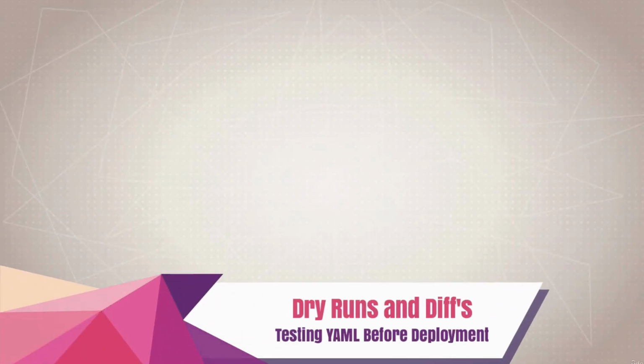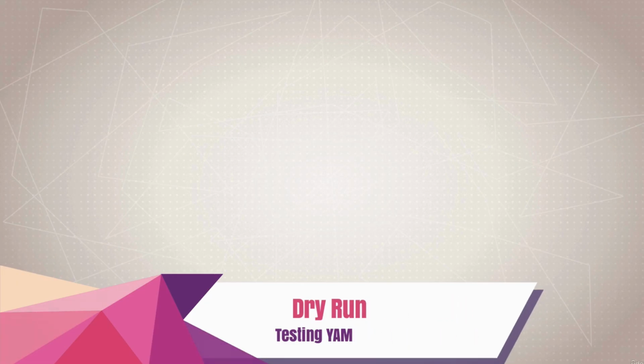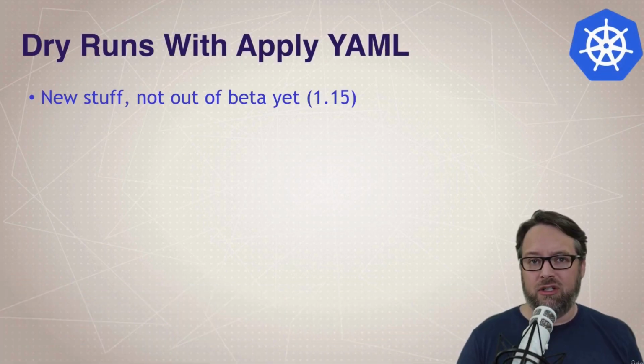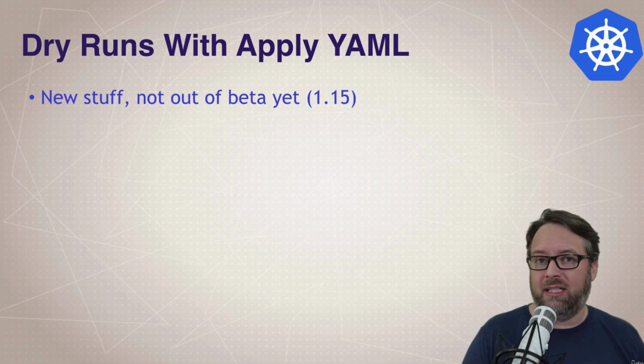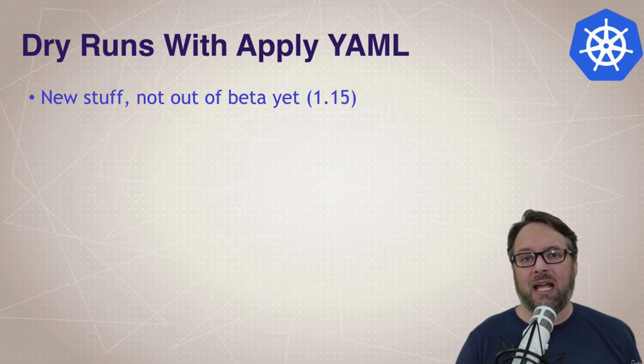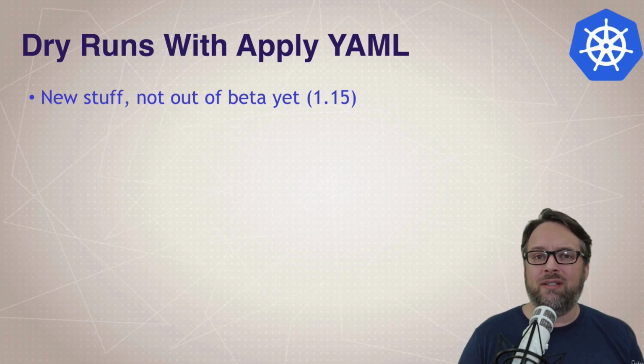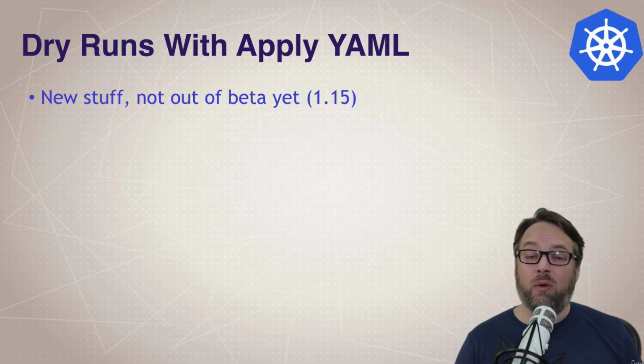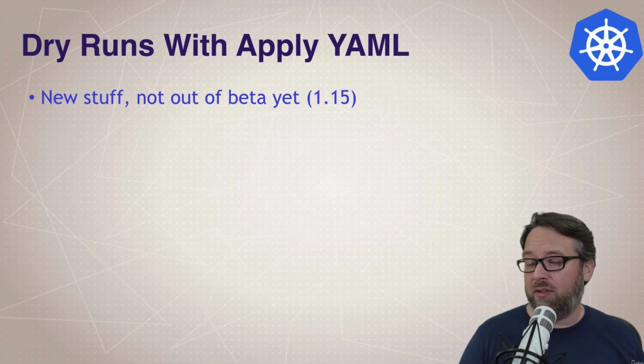Let me tell you about dry runs and diffs, which is new stuff. The last few versions of Kubernetes, starting with 1.13, have this new option that allows us to see what we're going to change before we change it. And we've seen that before. I've showed you a couple examples earlier in the course, but this method of using it with the apply command